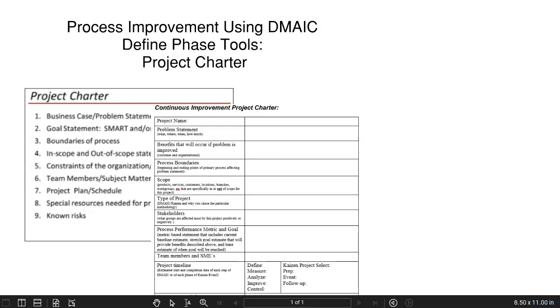In this video, we're exploring the tools that are used in DMAIC-based process improvement projects, tools that are typically used in the define phase, specifically in this video, the project charter. And the learning objectives will be to clarify the purpose of a project charter, to explore some of the limits